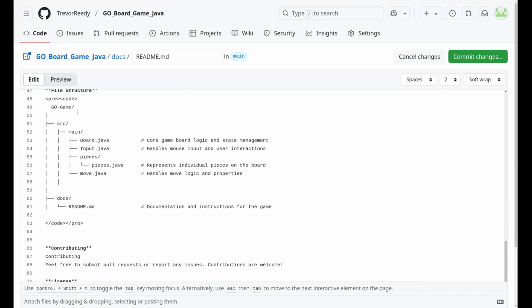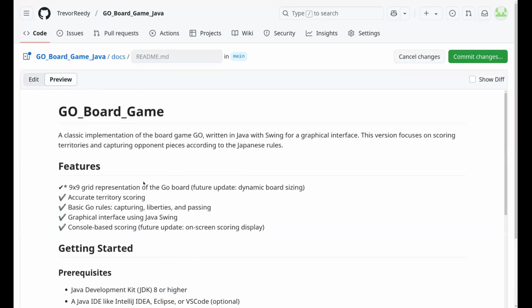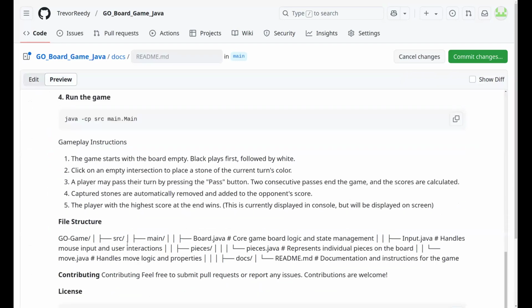Another thing here is this pre-code. By wrapping text in pre-code, it is going to make sure to keep all of the white space. So if I just had this here, I don't have any line breaks set up. If I got rid of this pre-code, this entire file structure would totally just fall apart.